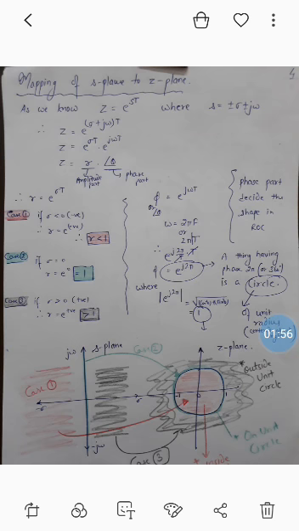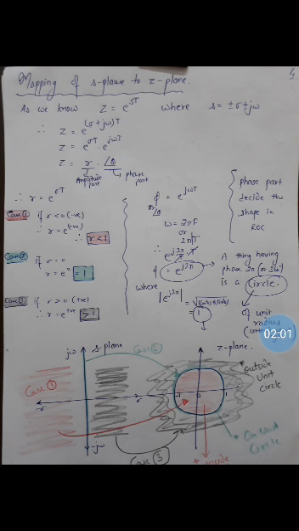Now come to part 2, that is the amplitude part. R is equal to e raised to power sigma t. Here we have three cases. Case 1, if sigma is less than 0, that is sigma is negative. So R will be e raised to power something negative, that is 1 by e raised to power positive, that is R will always be less than 1. See in the diagram case 1, which is marked in red, sigma is less than 0, means negative. The left hand side of the graph will be mapped in Z plane inside the circle